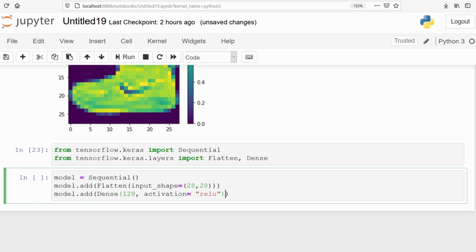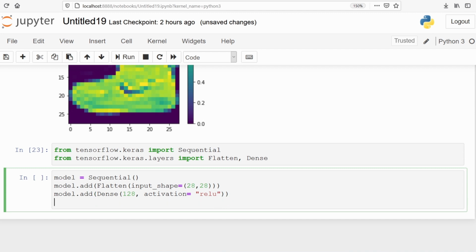Now we are going to add one more layer. This is going to be our output layer. We will use a Dense function, and here we have to specify 10. 10 is the number of class labels. Whatever your total number of labels is, you have to specify that number here.